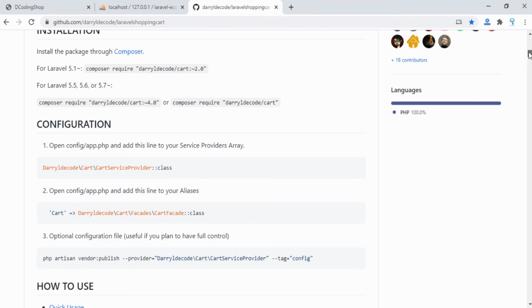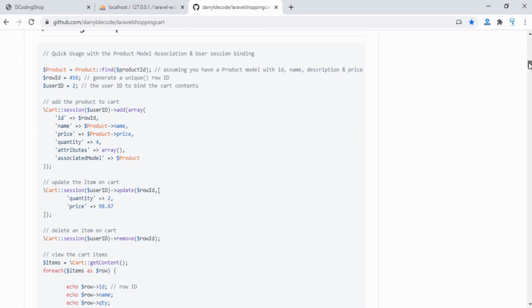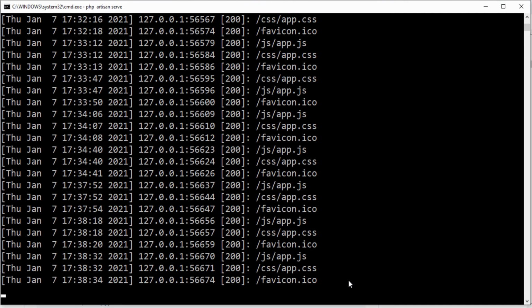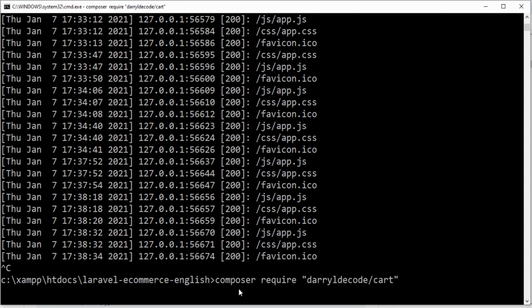We will add it. That's all. I think this is all. And okay, I will stop the server. You go to your command line and you add the command. Before